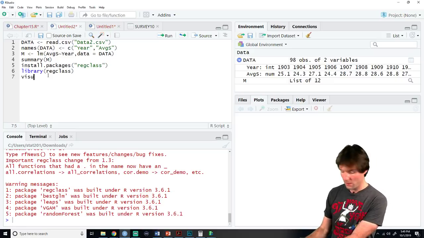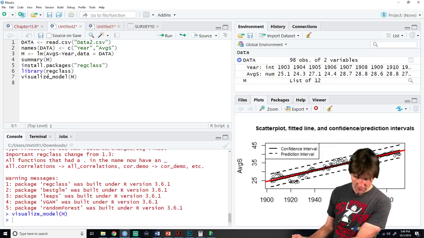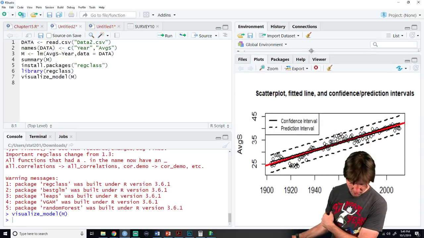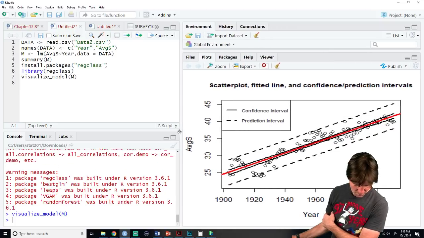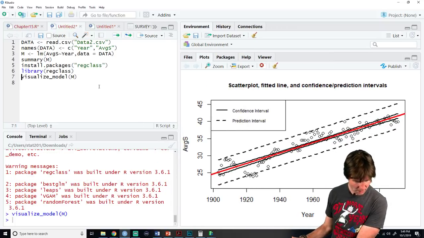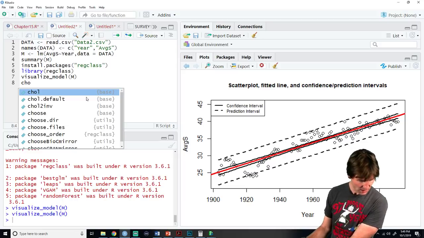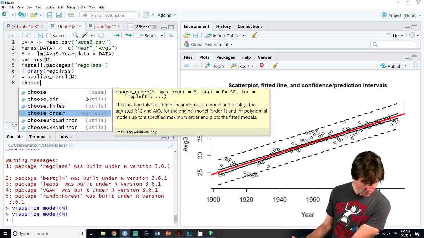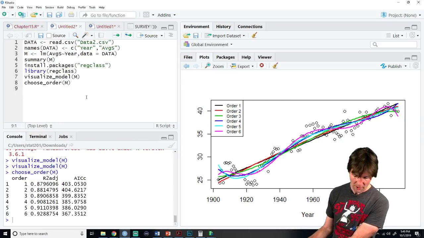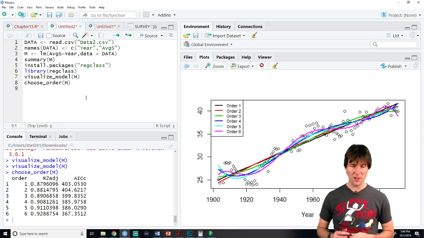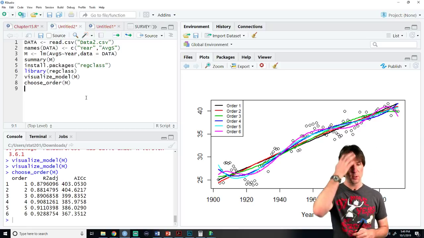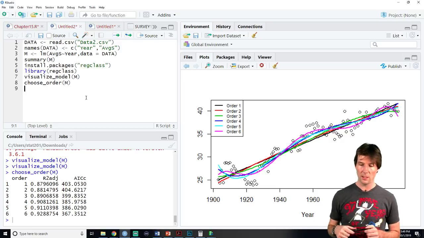So here we are. What we have right here is our linear model. Does everyone remember that graphic we just saw over there? There is our linear model. And we can also check to see if we would need to choose a model that is a polynomial model. So does everyone see the bending through the model? This is why I like all these things we can do right over here with code. We can see how well our model is doing.